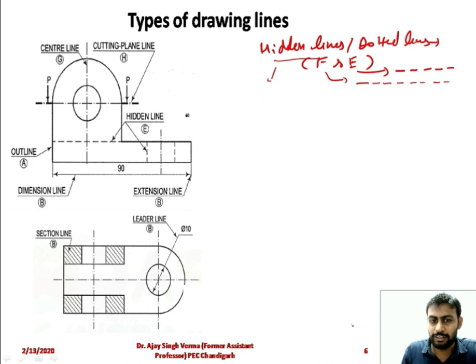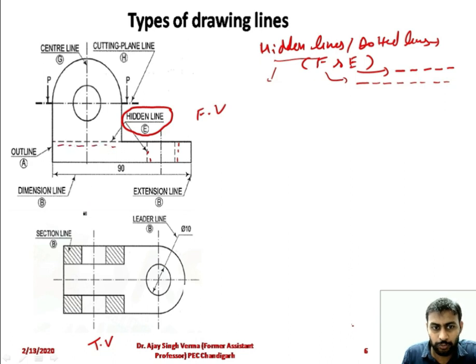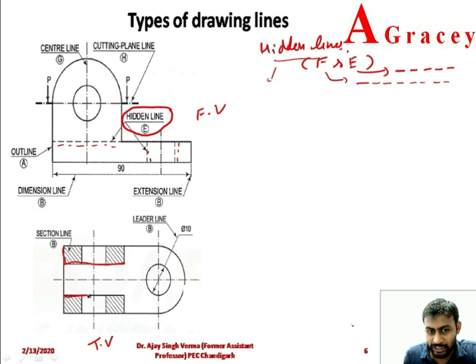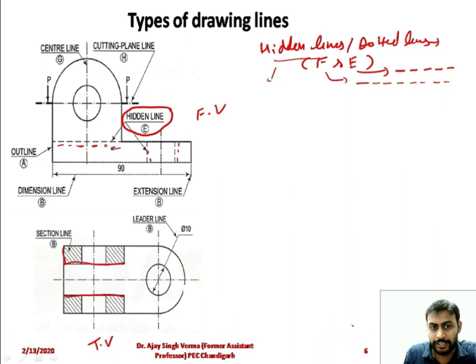Basically, we have 3 types of view that we will discuss in our projections. So if I'm talking about, for example, this figure, this is a front view, this is your top view. In the front view, you can represent 2 hidden lines here. This one is a hidden line, and this one is also a hidden line. You can see in both figures, when any surface is there, for example, I am talking about this line. From the top view we can easily visualize this line, but in the front view we cannot see it, though it is available. So if we do not directly see it in a particular view, we go for the dotted line. We can represent the hidden line as a dotted line.